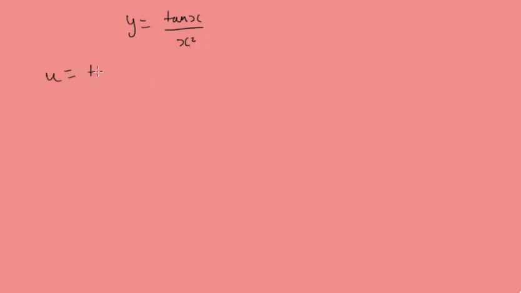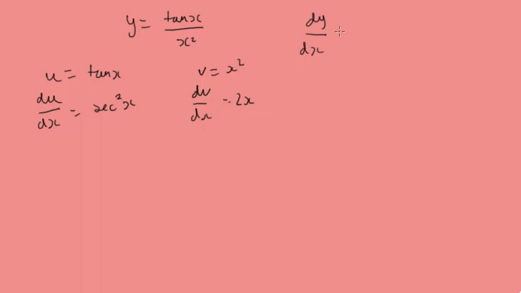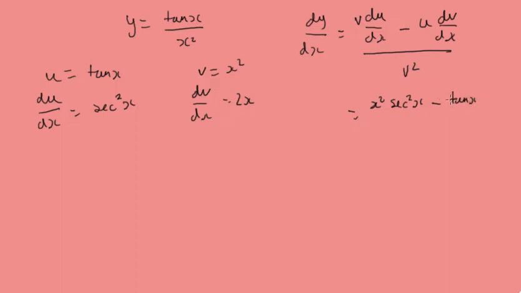So u is tan x, so du by dx is going to be sec squared x, v is x squared, dv by dx will be 2x, and then dy by dx is going to be v du by dx minus u dv by dx over v squared, and so that's x squared times sec squared x minus u, which is tan x, multiplied by dv by dx, which is 2x,